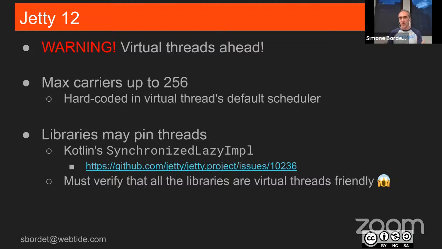You have to know how it works and what it entails to use it. So, for example, in the JDK code, it is hard-coded that the max number of carriers that you can possibly have is 256 by default. You can change this value with a system property, but by default it is 256.